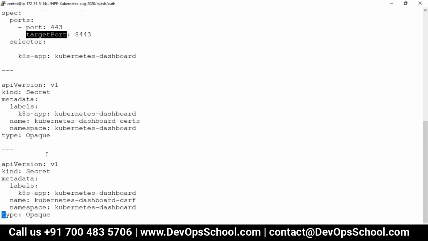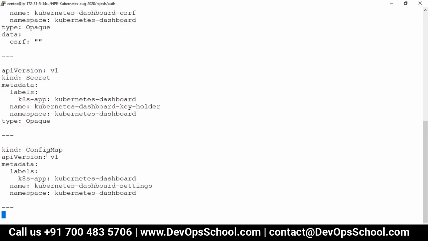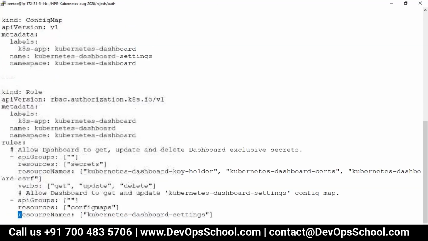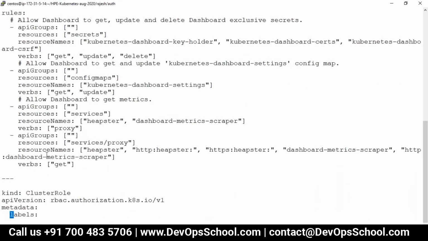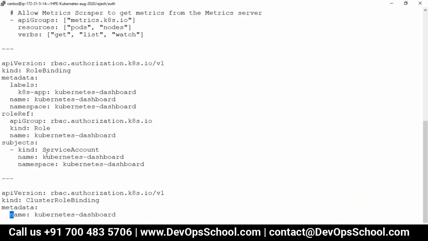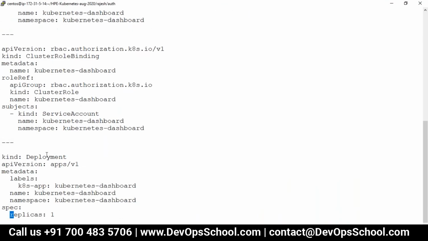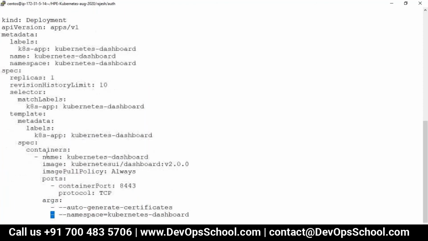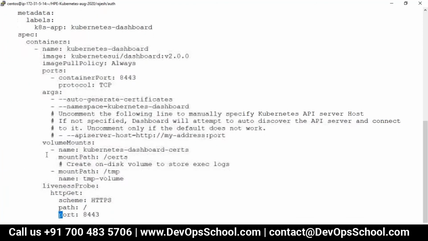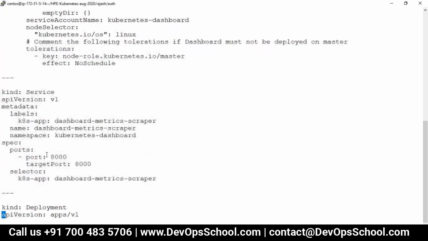This is a secret. This is a config map. This is a role. This is a cluster role binding. You know that cluster role binding, all this you have learned. Okay, this is the deployment, you know that. And this is a service. Now what is this service of? Metrics scraper.